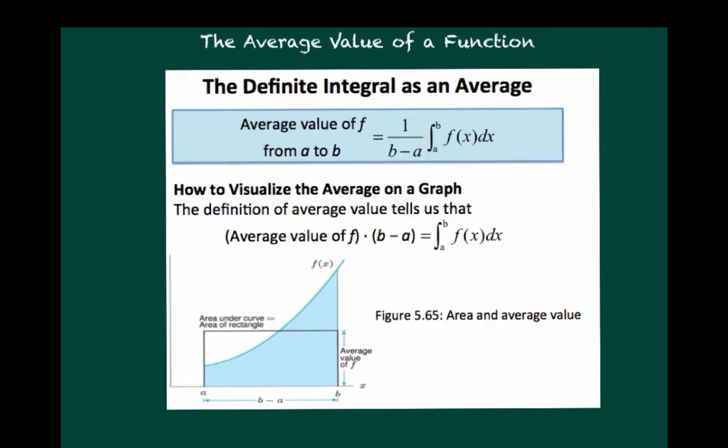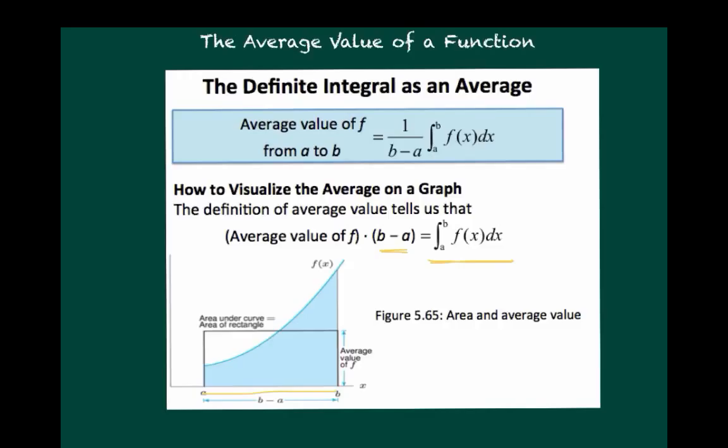Now that's an easy enough formula to memorize, but let's take a look at where it might have come from. So consider the diagram down at the bottom. This entire region is the area under the curve of f of x. Well, that area is described by the integral from a to b of f of x dx. Now, one way of calculating that would be to multiply the length of the base, which is b minus a,